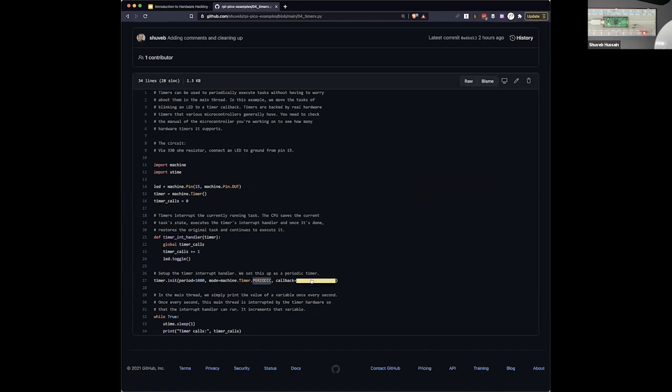So then we are saying, hey, this is the callback, right? So in the callback, we are using a new function called toggle. This is a GPIO function. We are setting up this LED as a GPIO out, and then of course for the timer, we are saying machine.timer. This will initialize the hardware timer for us, right? And here we set all the details of the timer. So essentially what's happening is that we are simply toggling the LED. We don't know what value it is. If it's 0, it becomes 1. If it's 1, it becomes 0, right? Very simple. Let me run this now.